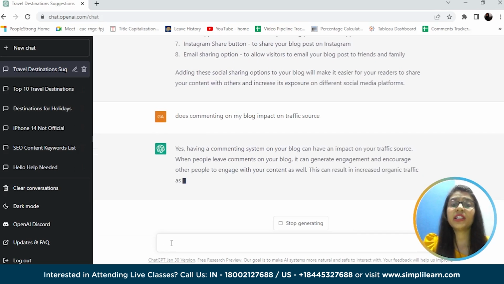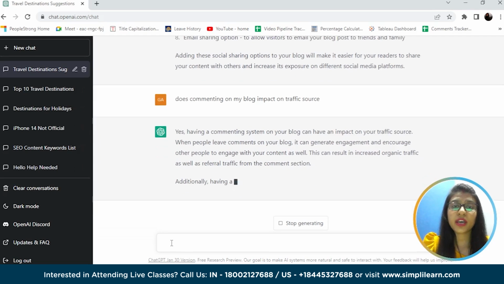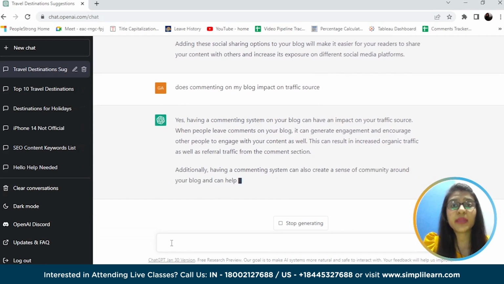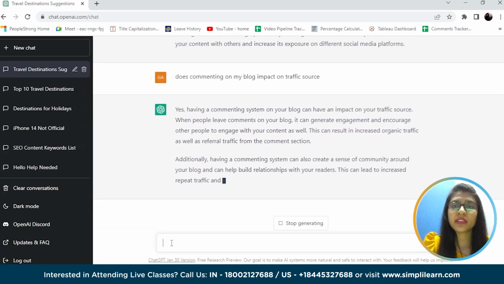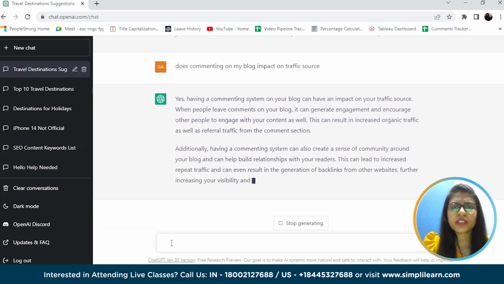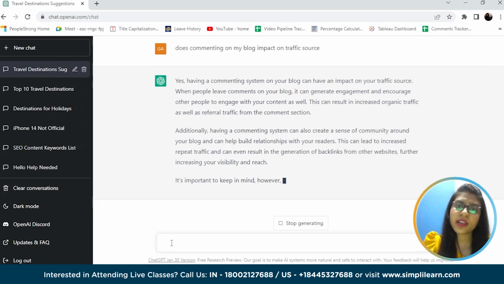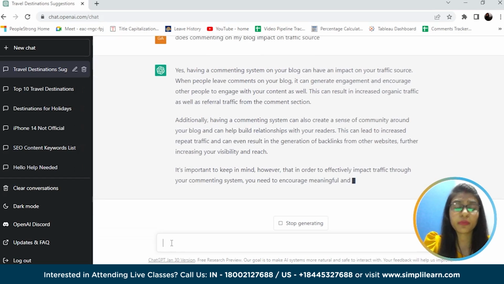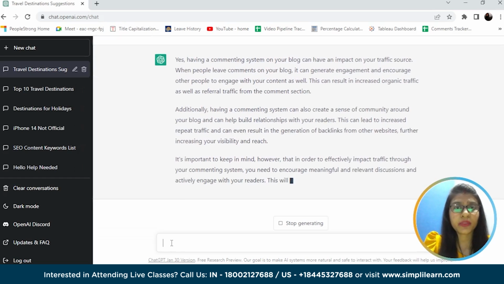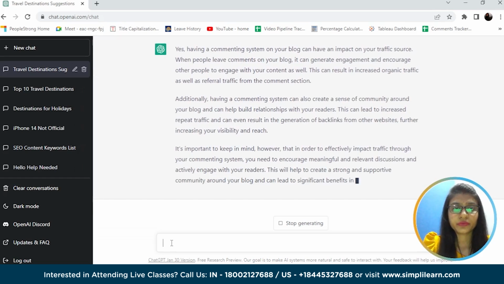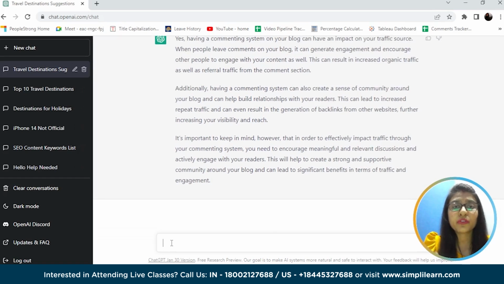Again, this is linked to the backlinks, that if we are adding the comment section, someone else may ask for a backlink for their web, and this is going in a symbiotic way. Like if they are asking for a backlink from your blog, you can even ask from them. So this is a part of communication to get backlinks as well.